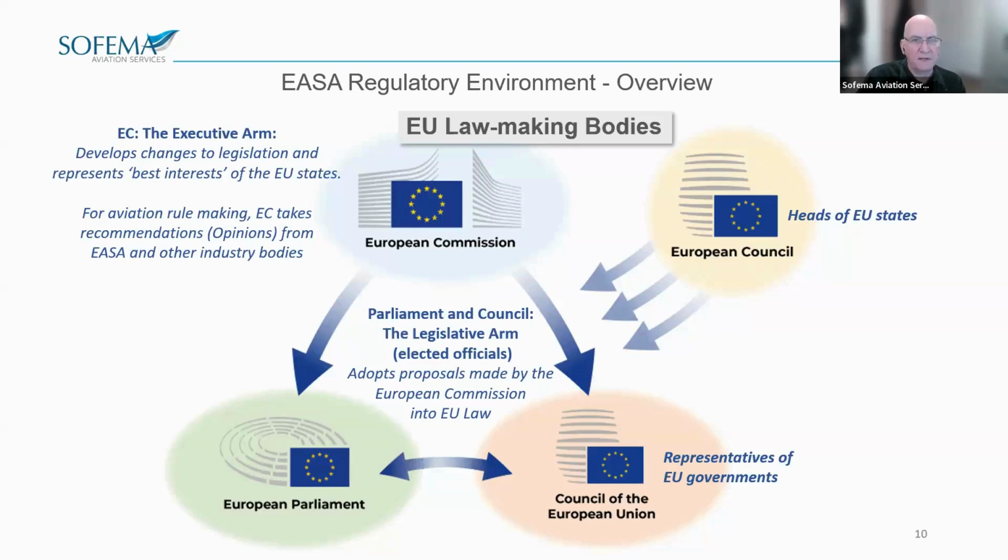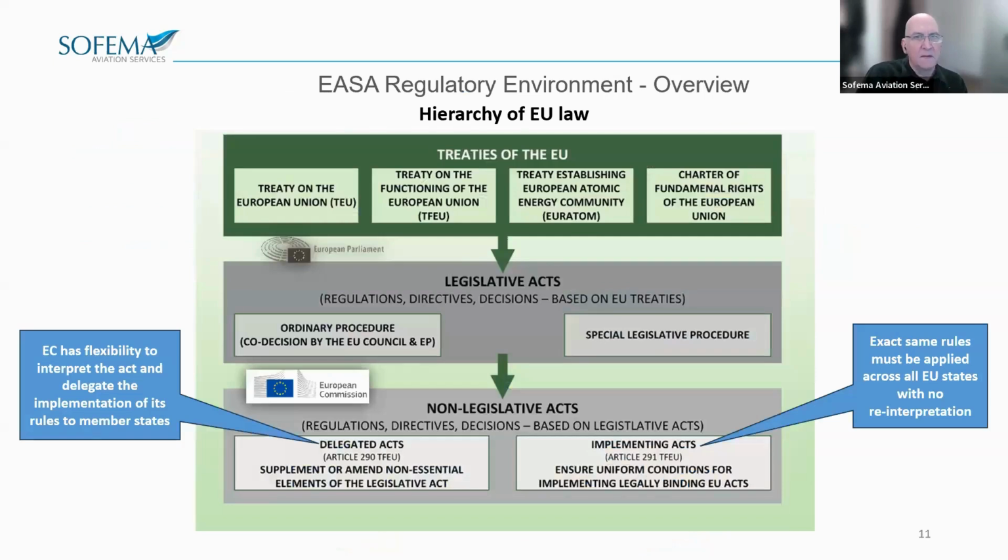Essentially, they are adopting a set of essential requirements specifying the objectives to be met by the legislation. So the European Commission then adopts what are known as implementing rules for achieving these high-level objectives. And this is what we call the detailed regulations. So the European Commission is responsible for implementing regulations in the member states, which reflect the essential intent of the higher level laws, the legislative acts passed down from the European Parliament and Council.